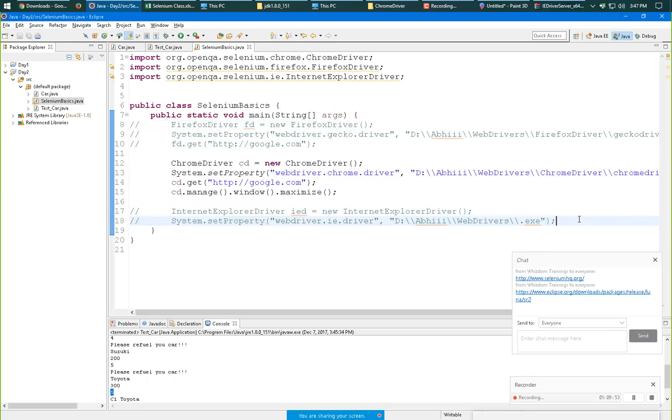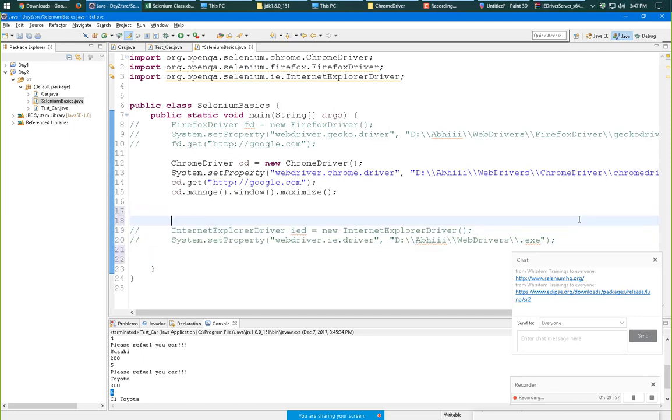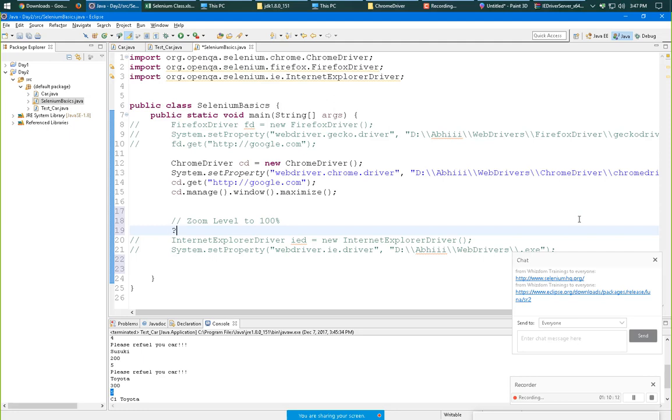For Internet Explorer there are two things needed, which I mentioned yesterday also: set the zoom level to 100%, and the second thing, disable protected mode.